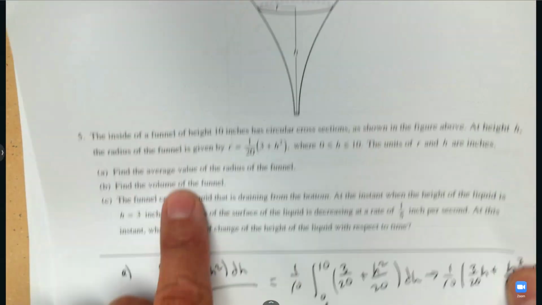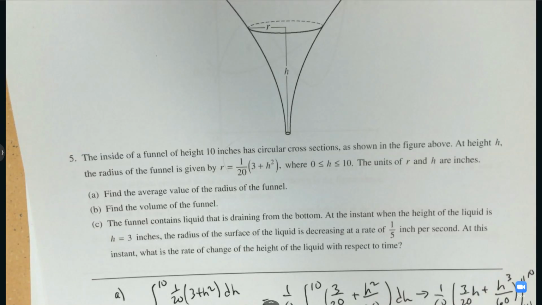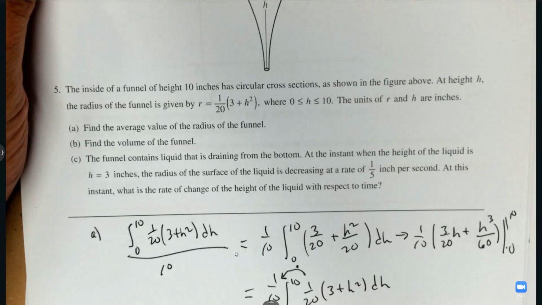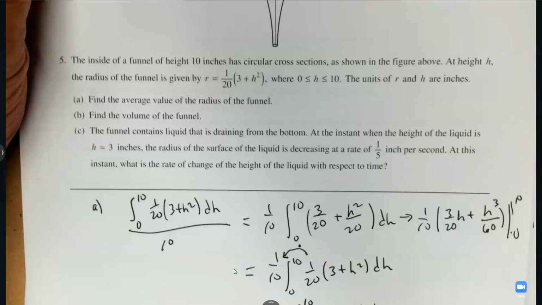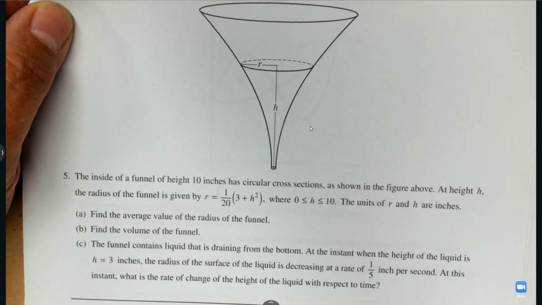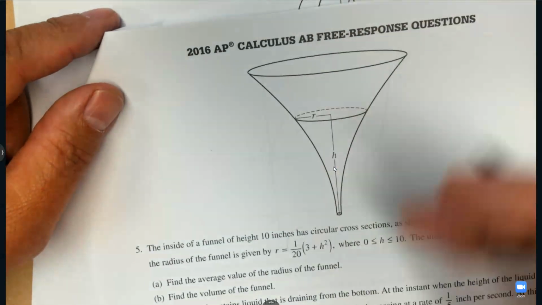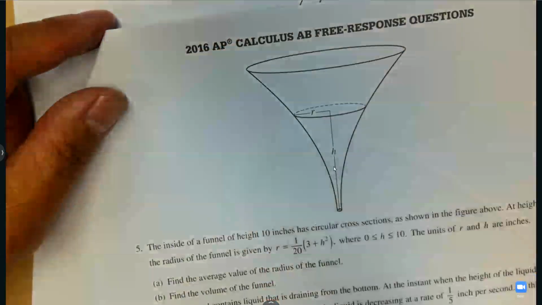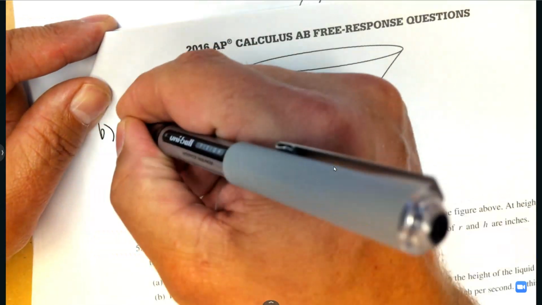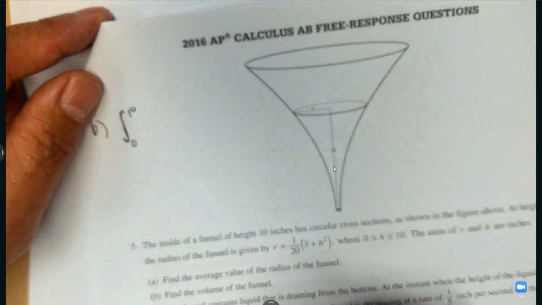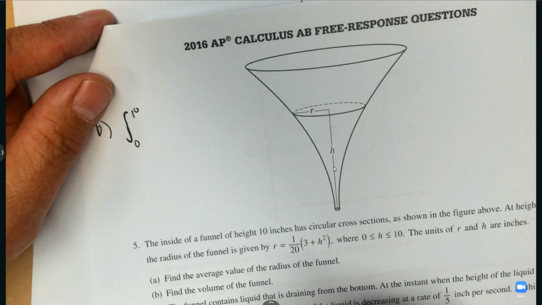It says find the volume of the funnel. To find the volume here, we're going to take the cross sections and do known cross sections to find the volume. So we're not going to use any formula because we don't have a formula for that funnel. If it was an actual cone, we would, but it's not. So for known cross sections, we're going to integrate, and the known cross section